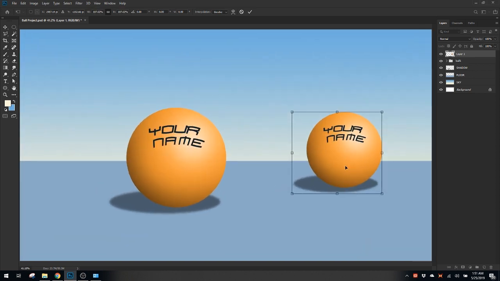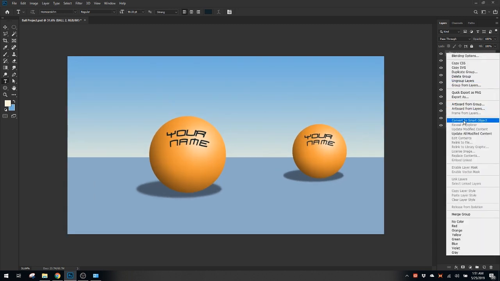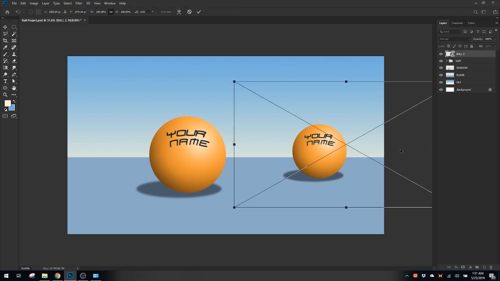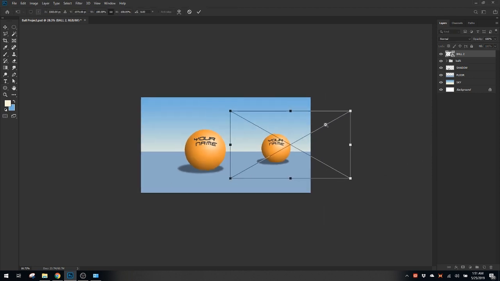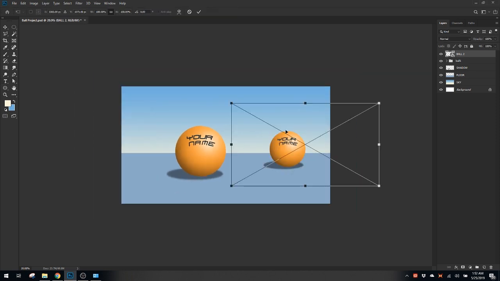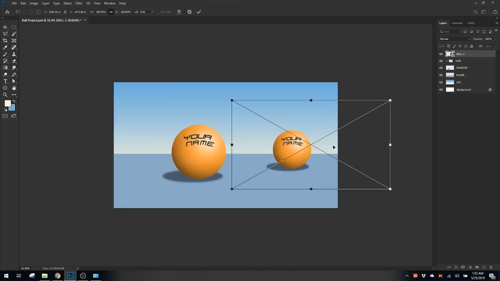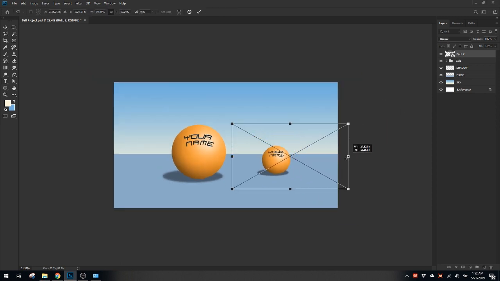We could have taken another approach and do a Control Z and made it into what's called a smart object. Right click and go to Convert to Smart Object. Now, this does simplify it all. So you don't see the group anymore, but you're still going to get everything else. But the thing about a smart object is that if I do a Control T and I scale it down,